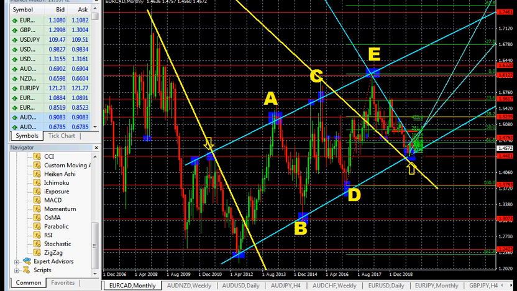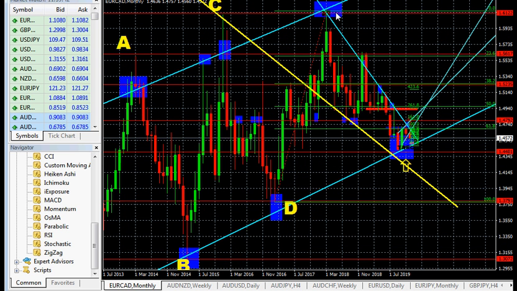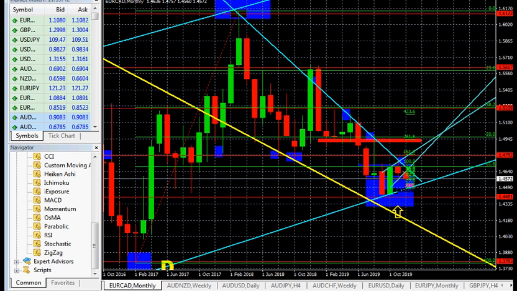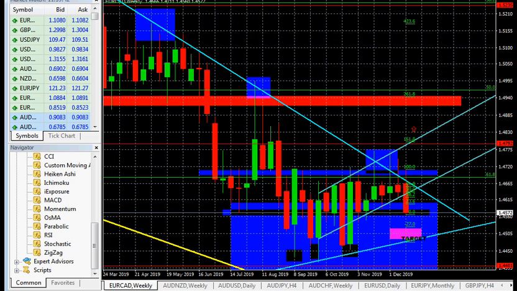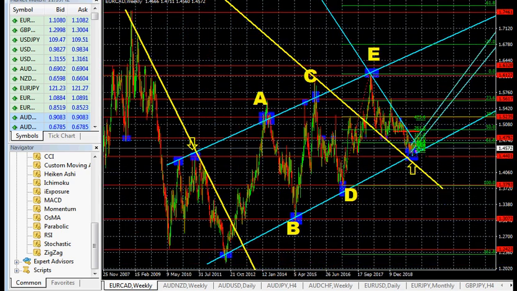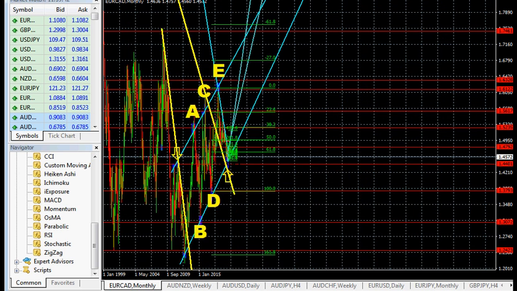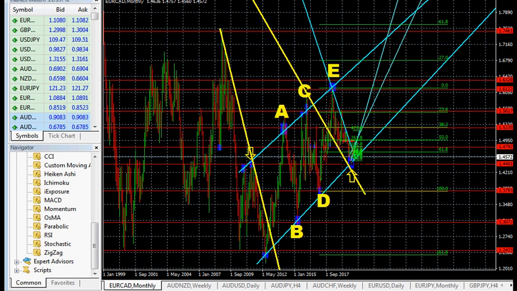But mostly you should watch out, because the monthly time frame is also a bigger picture, but you have to come down to the weekly time frame to see what the market is truly doing. Like in this currency pair, this is the monthly time frame. Let's see what the market is doing.